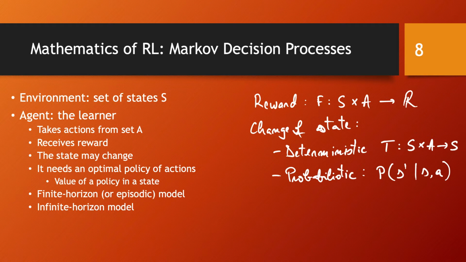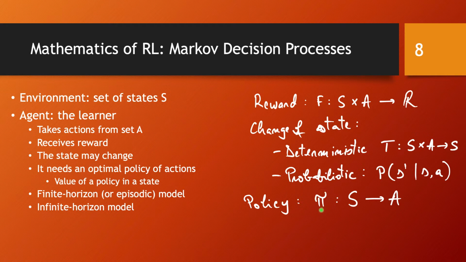The agent also has to have a policy, and this policy is going to dictate its behavior in each one of these states. So the policy is going to be modeled as a function. I'm going to denote it by pi, and this is a function defined on the set of states with value in the actions. So what this policy specifies is that once you are in state S, I am going to choose this action A. And the whole point of this framework is to learn the optimal policy.